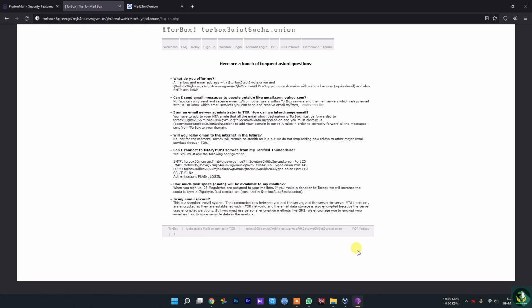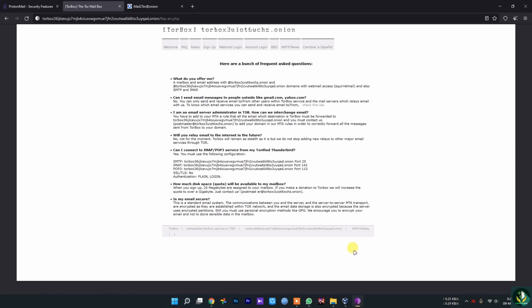So basically your message is already encrypted because it is traveling through Torbox. What it offers is a mailbox, an email address, and webmail access, and that's a pretty good package, and it's absolutely free. This is one of my personal favorites, and I would recommend it for beginners.